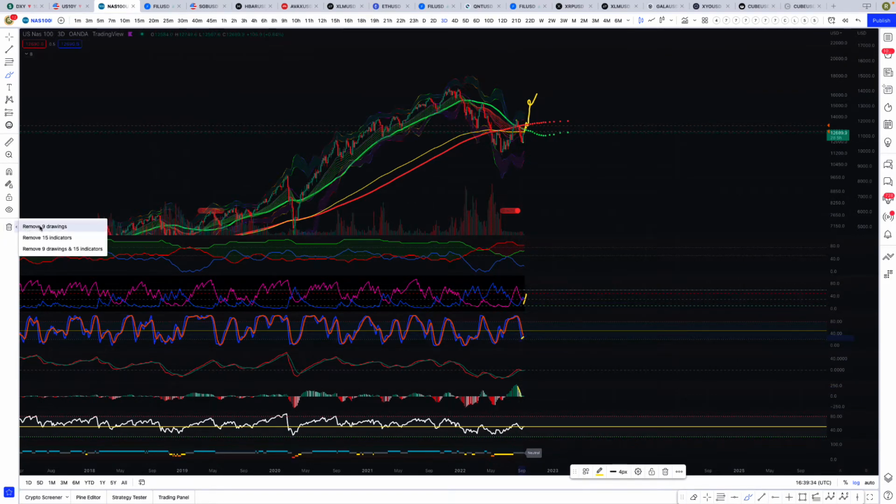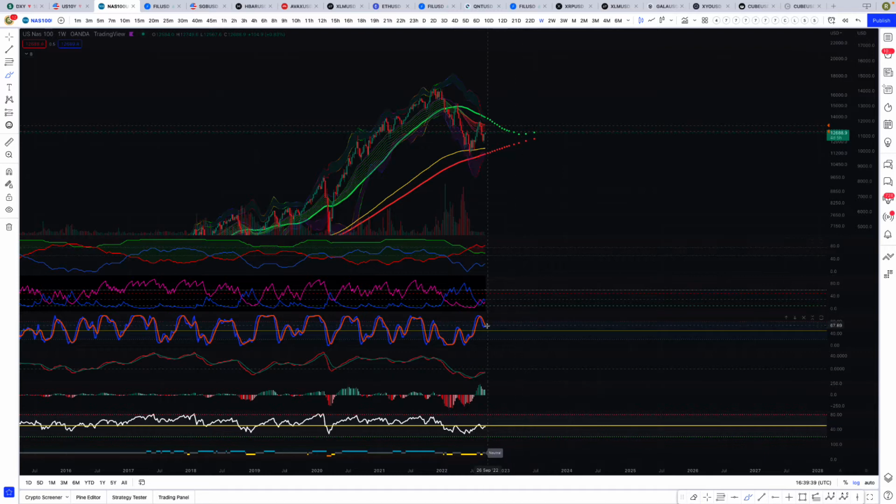So let's look at the weekly real quick. So yeah, we want to see this weekly cross back up. We want to see this maintain where it's at. We don't want to see that cross down. It's looking like it's holding fine. And we're going to see a nice uptick. That's what I want to see. A nice uptick in the TSI. Start to head vertical, cross up in the weekly stock RSI.